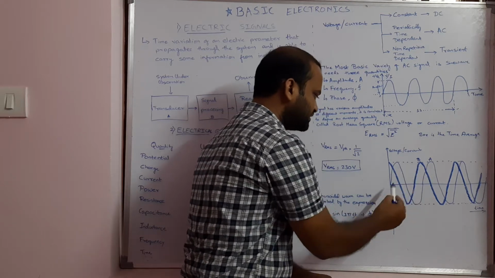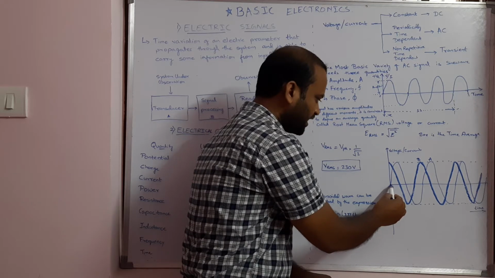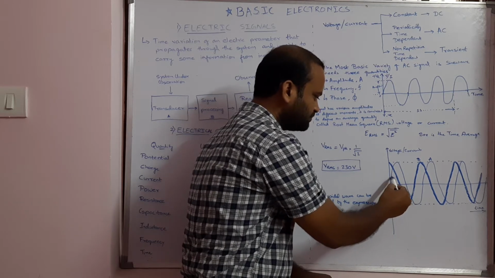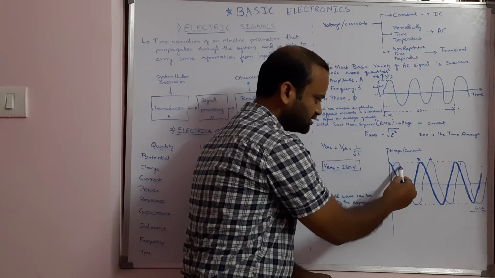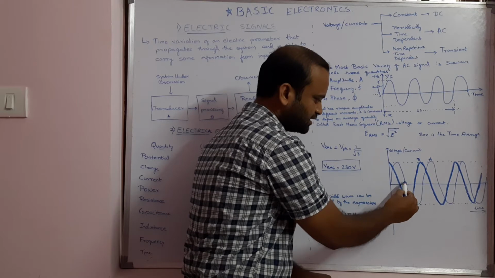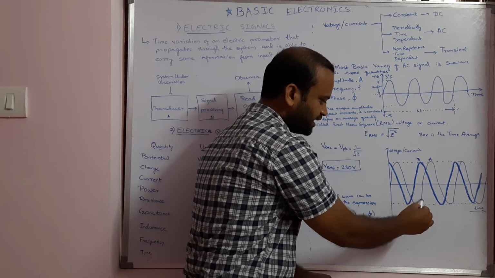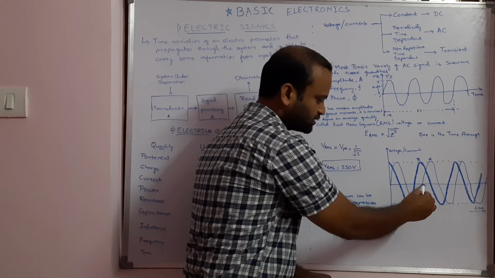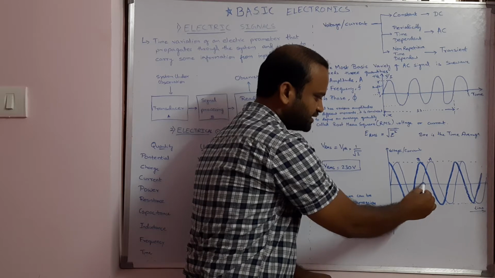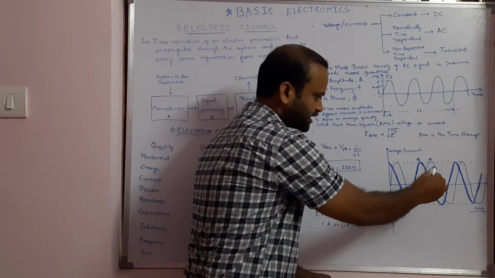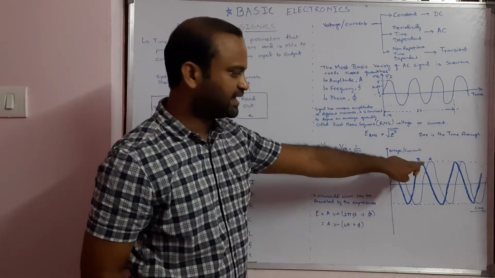If you see, signal A is starting from 0 amplitude and it is slowly increasing with increasing time, going to the positive side, and again decreasing, going to the 0 reference again, going to the negative side, and again going to the positive, crossing the 0 amplitude level, and then again increasing towards the positive side, and this is repeating. So this is a perfect sine wave for the signal A.